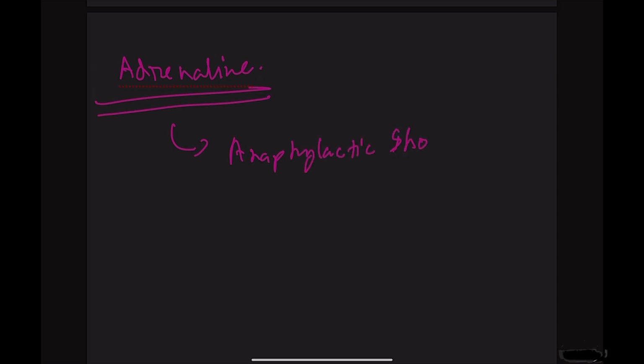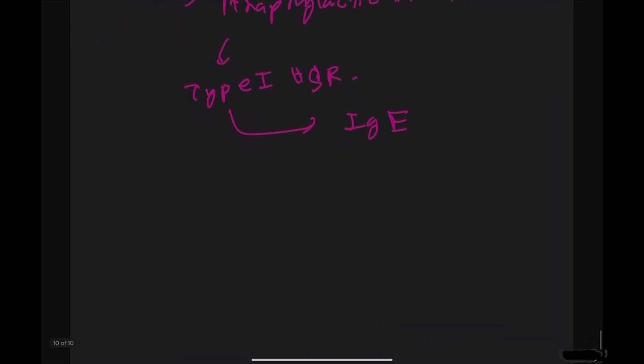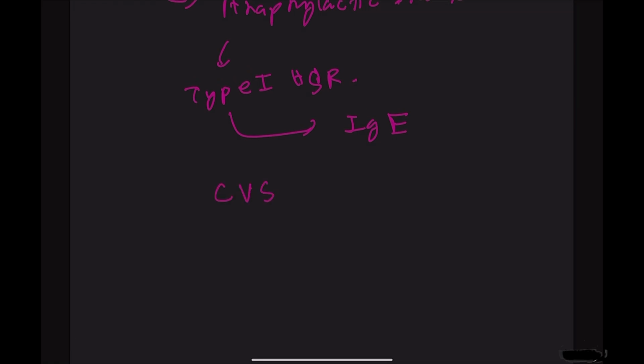Anaphylactic shock is type 1 hypersensitivity reaction, and it is mediated by immunoglobulin E. And what happens in type 1 hypersensitivity reaction is, in the cardiovascular system there is decrease in the blood pressure,